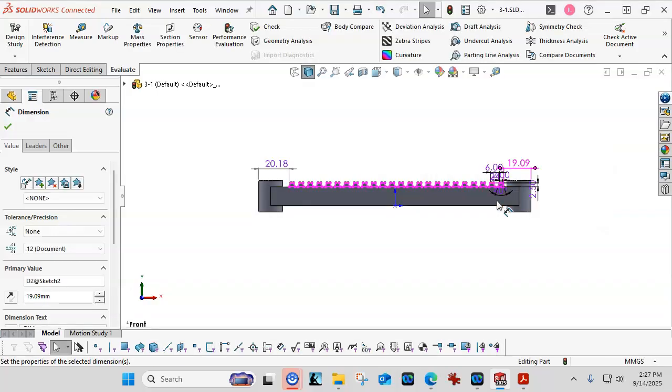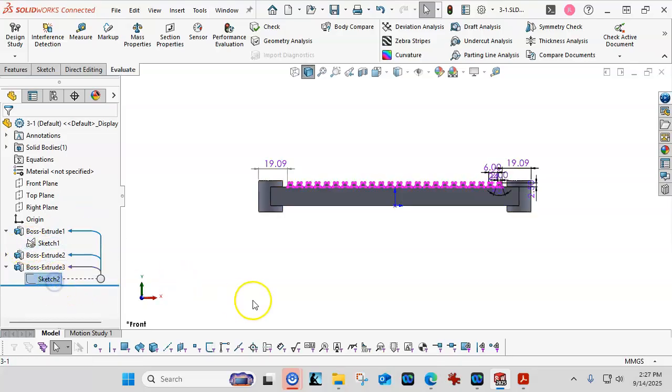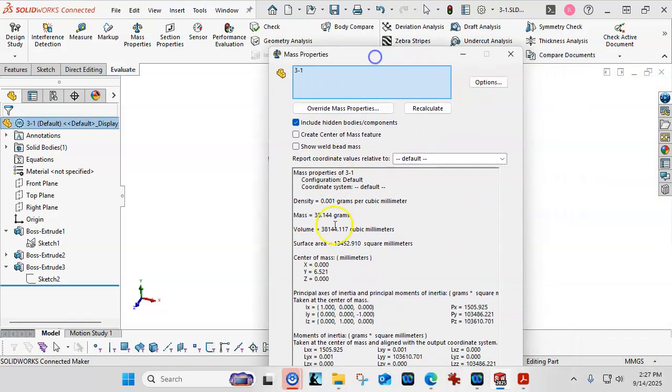That's what I get for doing math in my head. Let's go ahead and rebuild it. And then we'll double check sketch 2. So 19.09, 19.09. And because the mass properties really shouldn't have changed,